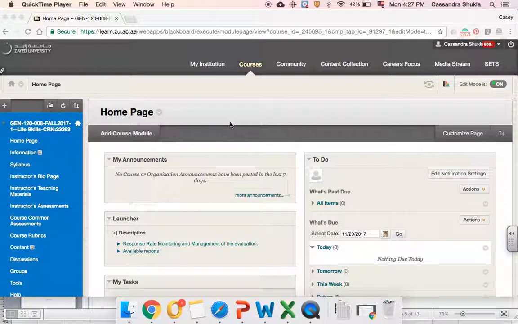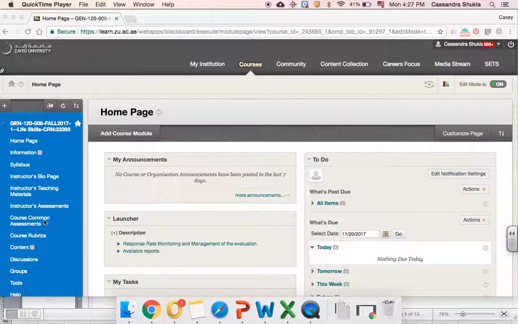Once you've received the list of students that are approved to take your midterm exam as a makeup exam, you'll need to go into Blackboard and set up the settings in order to let them see the exam which was previously closed off. So once you have your list, please navigate to the section that the student is in. And once you are in the section, you're going to go down and go back into the Common Course Assessment